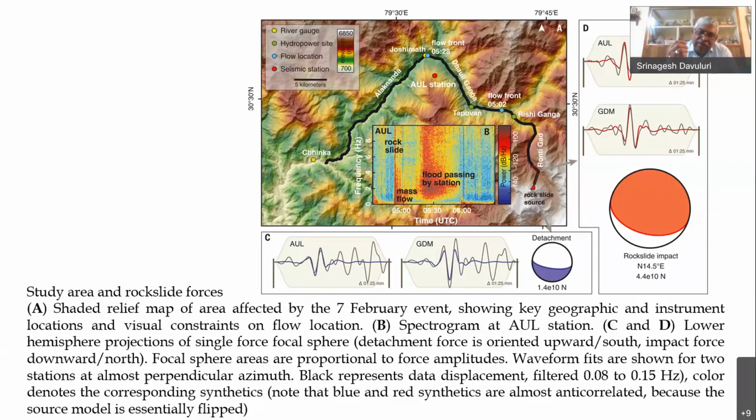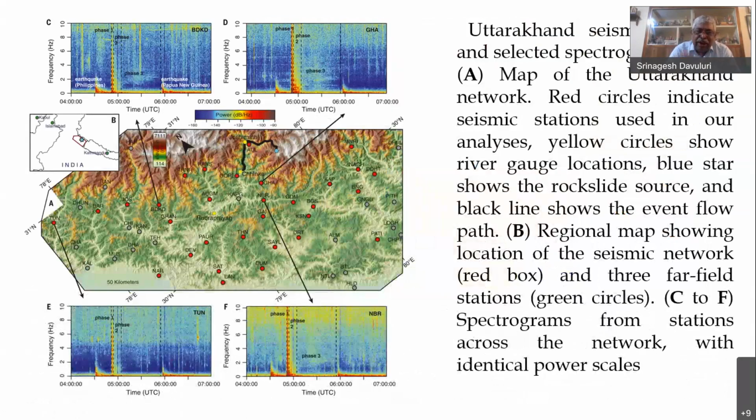And you can see the frequency content of that flood was anywhere between 2 to 8 hertz. So the mass flow, which you see, is almost all around 1 hertz to 8 hertz, but the flood is very strongly characterized anywhere between 2 hertz to 8 hertz. So this is what is very important when you try to study the energy content of this rock mass which fell down and the flow.